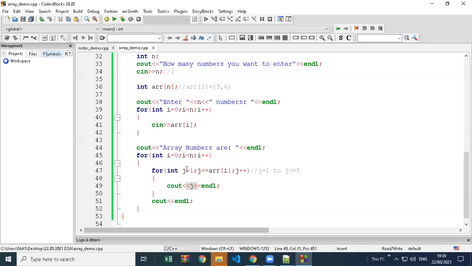It will print J. So J value is 1. In the next iteration, it will be incremented. Then 2, then 3, then 4. And finally, when it becomes 5, it will print 5. And then when it becomes 6, it will stop. So this is the start value, this is the end value. This loop is going to print 1 to 5.